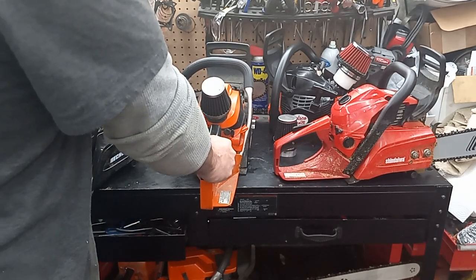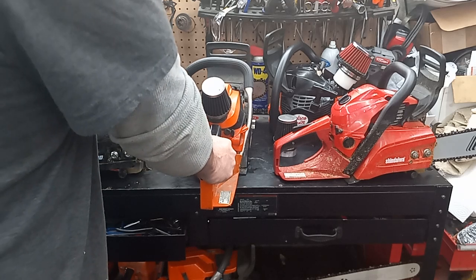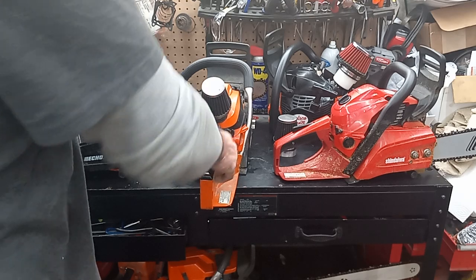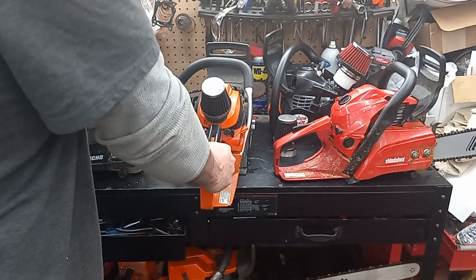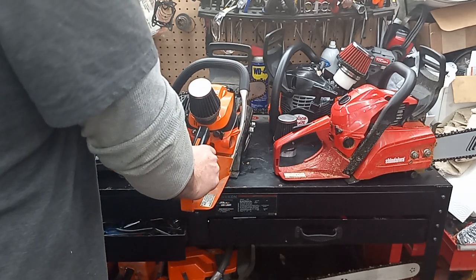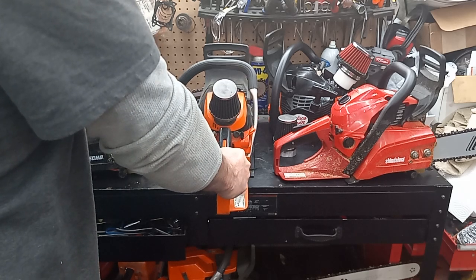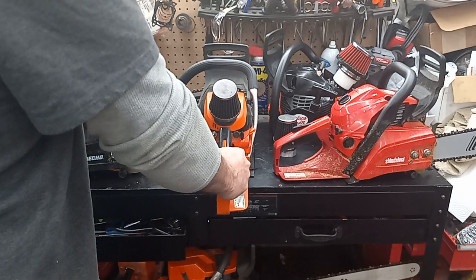But yeah, I just wanted to cover that. These things are such awesome saws. Makes me sick to my stomach that they canceled the 4910 to replace it with that 4920. Echo had something going on there for price point, because back when they were making these things with the dealer discount and stuff, I think you could walk out the door with these for like $329 with the discount,